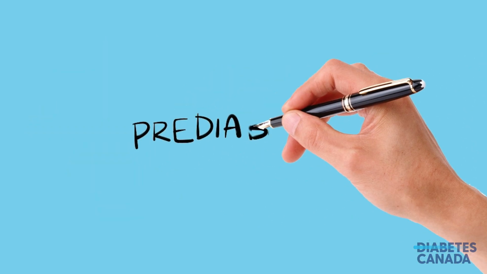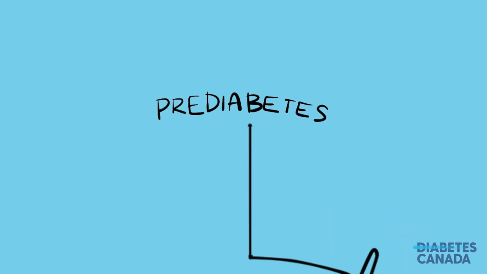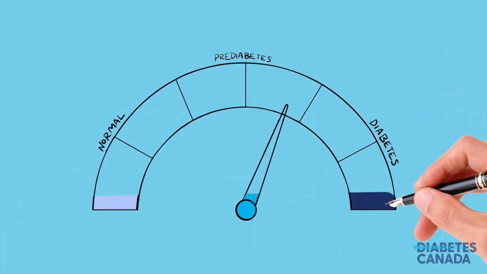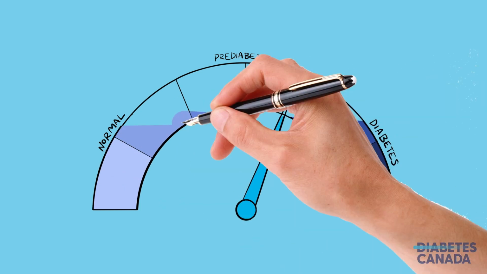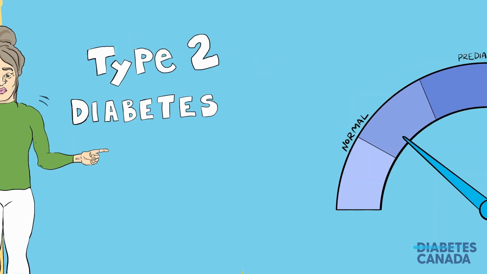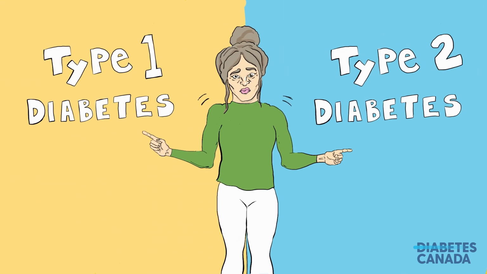It's also important to make note of prediabetes. This is a condition that, as the name suggests, often comes before type 2 diabetes. It occurs when a person's blood sugar is higher than normal, but not high enough to constitute a type 2 diabetes diagnosis. Healthy behaviors can often help to keep prediabetes from progressing to type 2 diabetes and can even get rid of prediabetes altogether.